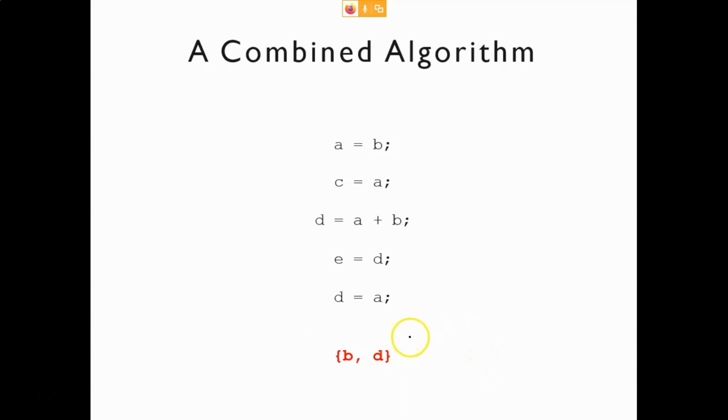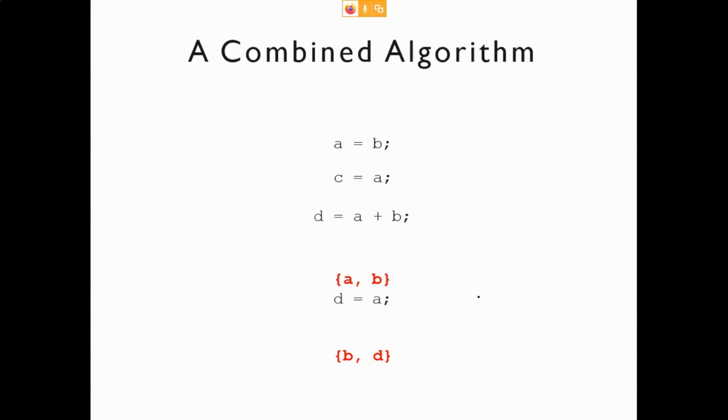Now let's apply the liveness analysis. See, you cannot remove this. Why can you not remove this? Because d is alive. Now your liveness analysis will include a and it will remove d. So this is what you will get. Now remember, this statement you can remove. Why? Because this e is dead, this e is not live here. Here you can see a, b is live. This e is dead, so you can remove this. You can see now we have combined the algorithm.